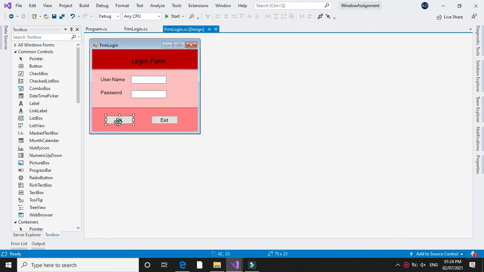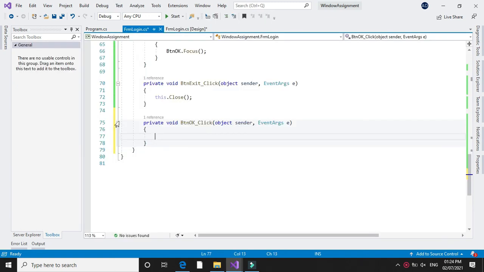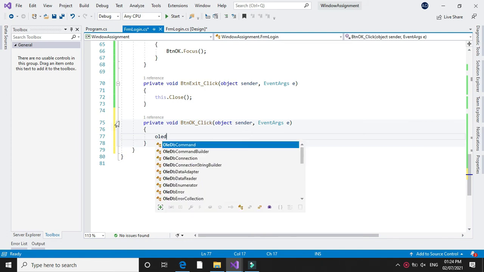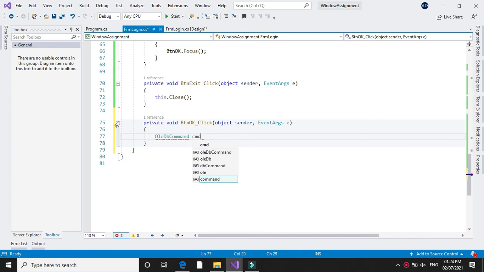Now on click event of button OK, we will check whether the user and password are available in the table or not. Since we are going to execute a command, we have to define the command object. So OleDbCommand cmd equal to new OleDbCommand.